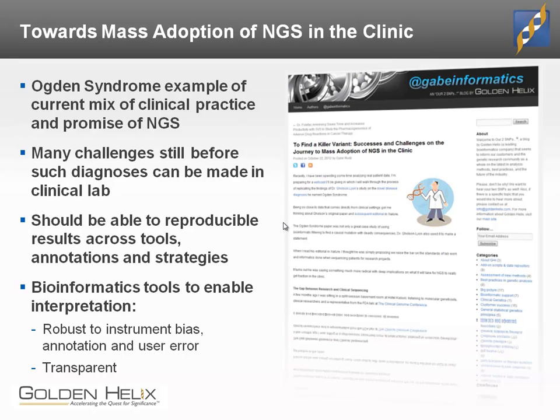That is an interesting question, but it is important to keep in mind that, in some senses, we are already there. There are indeed institutions, especially those that are close to research hospitals, that have an exome-based clinical test, and the physician can order it, and with that comes a genetic diagnosis. But this is still the exception and not the norm, and there are definitely challenges, in both their cases and in any case of a clinical setting trying to set up this diagnosis, to get to the point where we can have robust, transparent diagnoses that are reproducible and meet all of our expectations of clinical grade diagnoses.